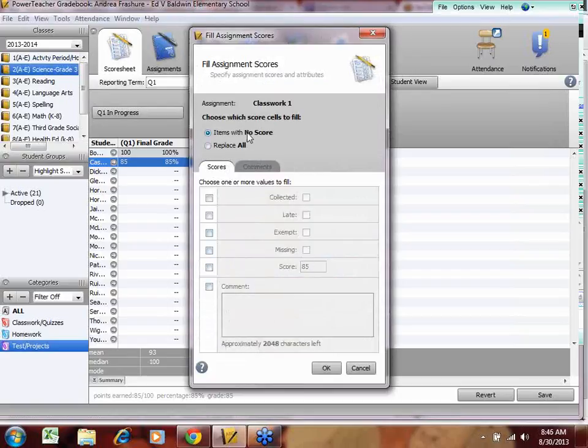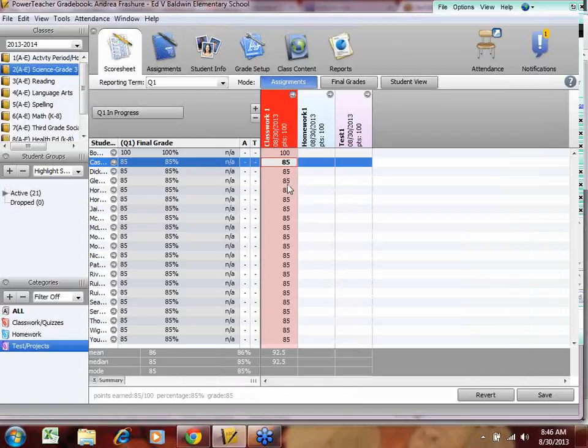And all it's asking me is which scores do you want to fill in. I'm just going to fill in the ones that don't have a grade yet. I click the checkbox beside 85 and click OK. And you can see now that all of those 85s have filled in, and I can